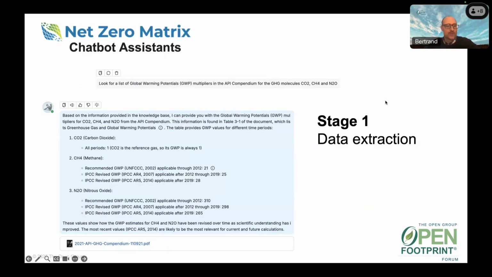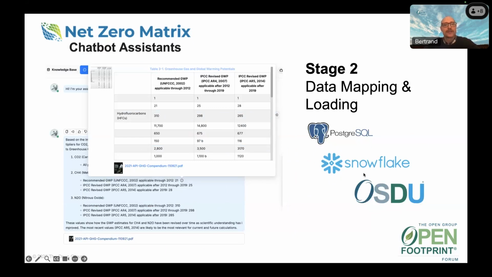So this is in stage 1, this would be our extraction, right? Identifying where it got that information from the data set. So here we see multiple GWPs. I don't think the components are shown in this diagram, but for various molecules, so CO2, methane, you'll see here there are different GWPs from different sources that are documented in the API compendium. So this gives you an idea. You have a lot of data you might need to manage here on how you're utilizing GWPs in your reporting.